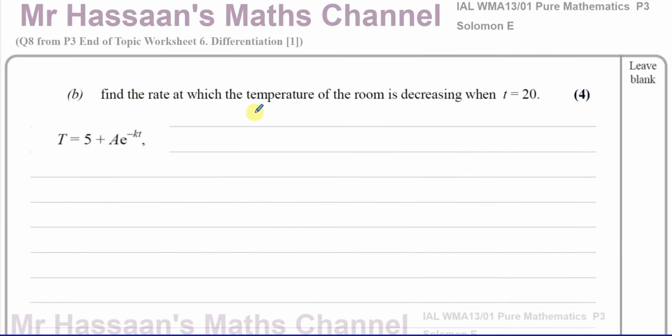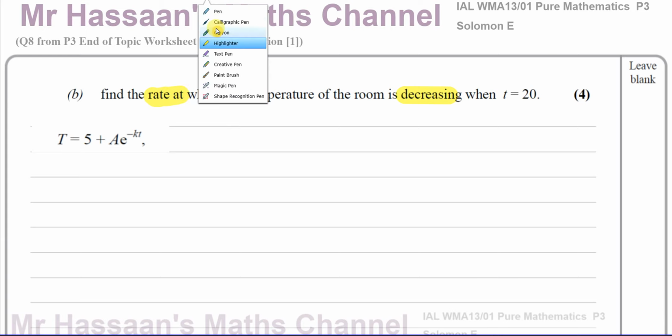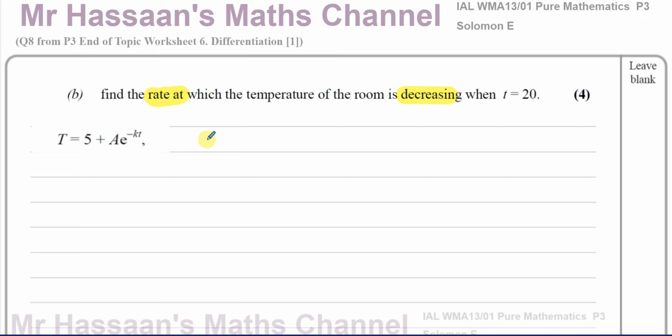All right, so now part B. It says find the rate at which the temperature of the room is decreasing when t equals 20. Okay, when the time is 20. So we've got to find the rate of the decrease of the temperature. Okay, so the rate means with respect to time. So what we've got to find is how the temperature changes with respect to time. So we've got to find dT/dt, the capital T, the small t, right? The change of temperature with respect to time. So we've got to differentiate this expression, and then substitute time equals 20 into